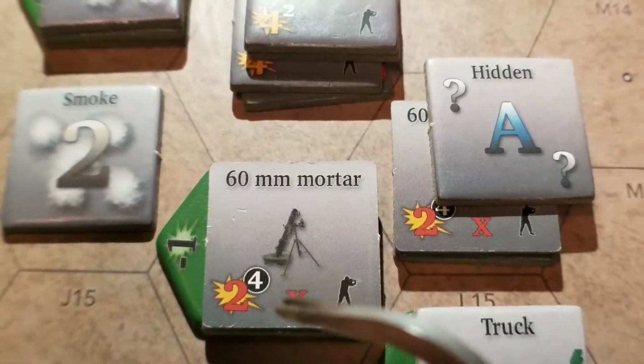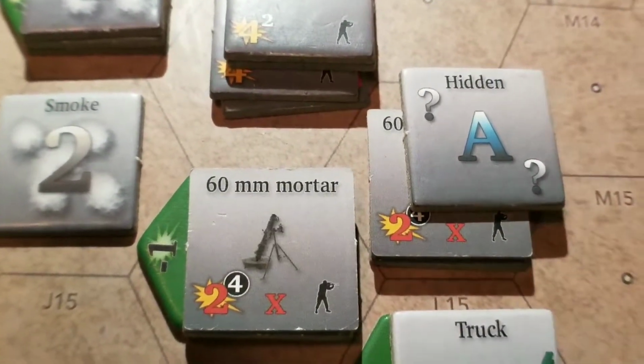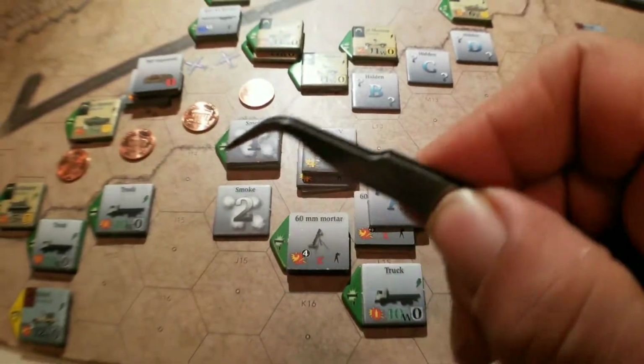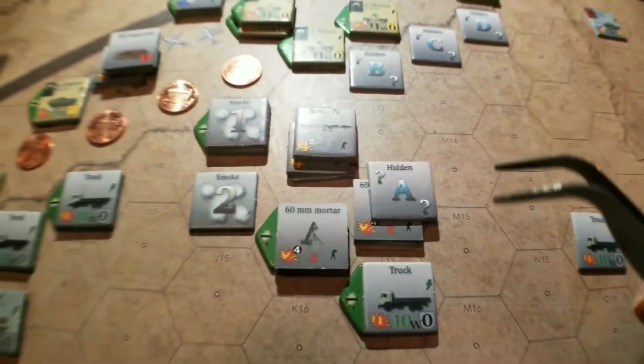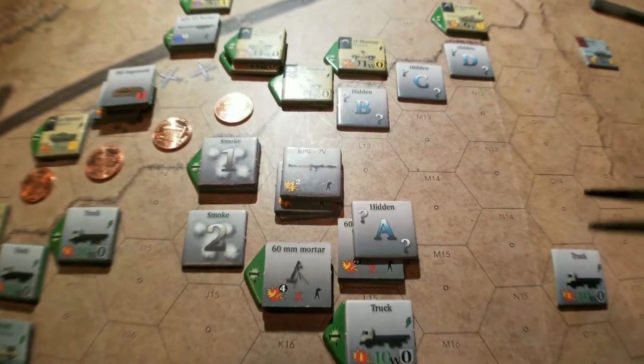They need some time to set that up, so he cannot be used when he's got a green marker on him. He's going to be used some other time, but again, using this smoke as an advantage. These guys can't fire on him, not right now. What I'm going to do, and this could make or break the strategy, I don't know how good it's going to be, but